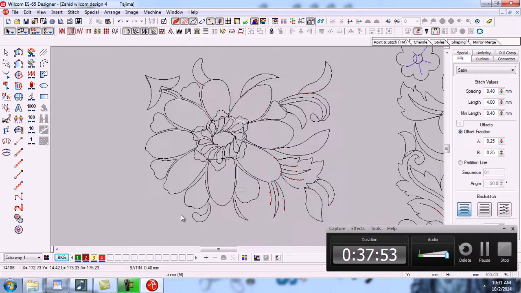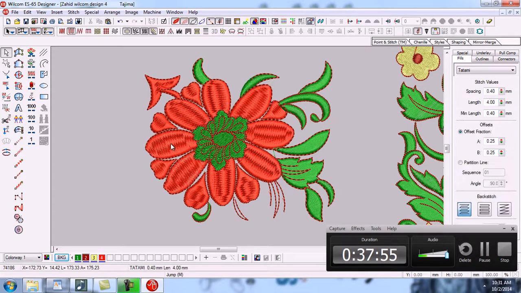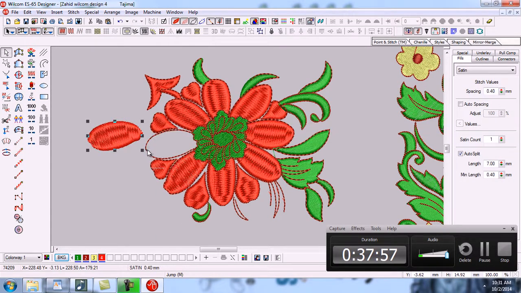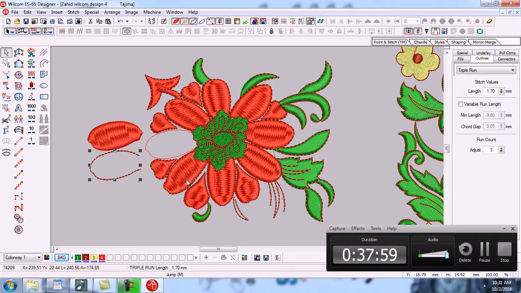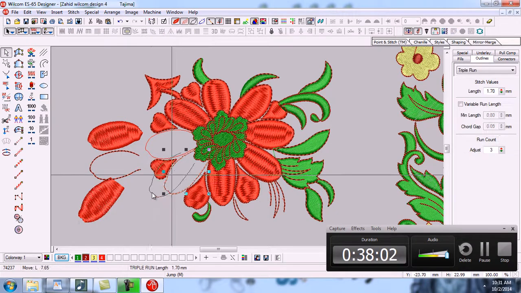All these objects are not grouped. If I move this object, it will move here, here, and here. I have already told you how you can group and ungroup any object, and what is the purpose of group and ungroup. So you can see that all these objects are separate.